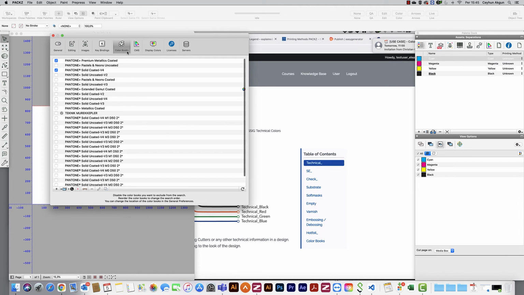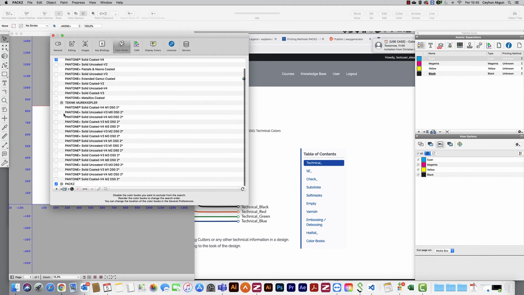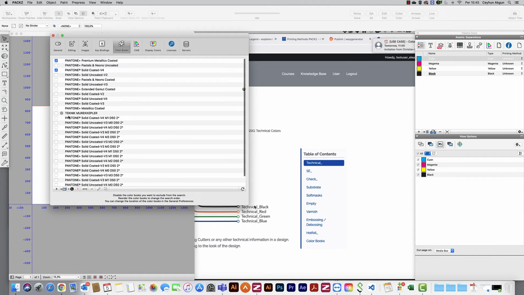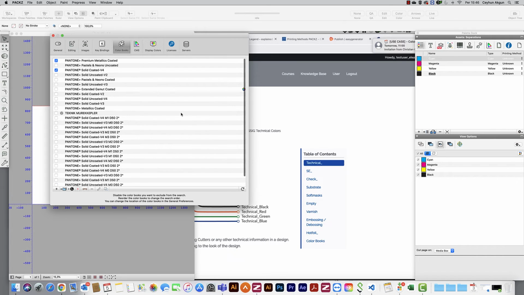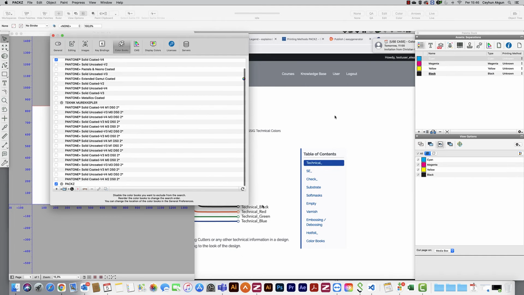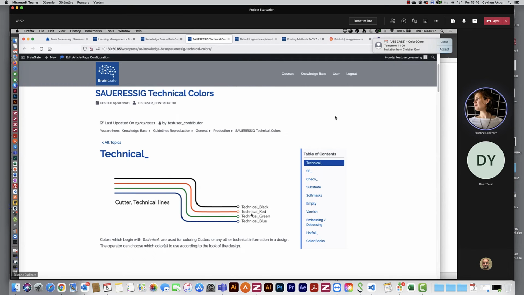Yeah, and for the future, this is what we are currently working on in our Cloudflow department. In future, we want to do that the operator only needs to work with those colors. And in the end, if we provide the data to the customer, the colors will be modified automatically. So we are always working the same way, but if the customer wants it to be, I don't know, technical GTP instead of technical black, then this will be changed before sending it to the customer automatically, and the reproduction worker doesn't have to know this anymore.